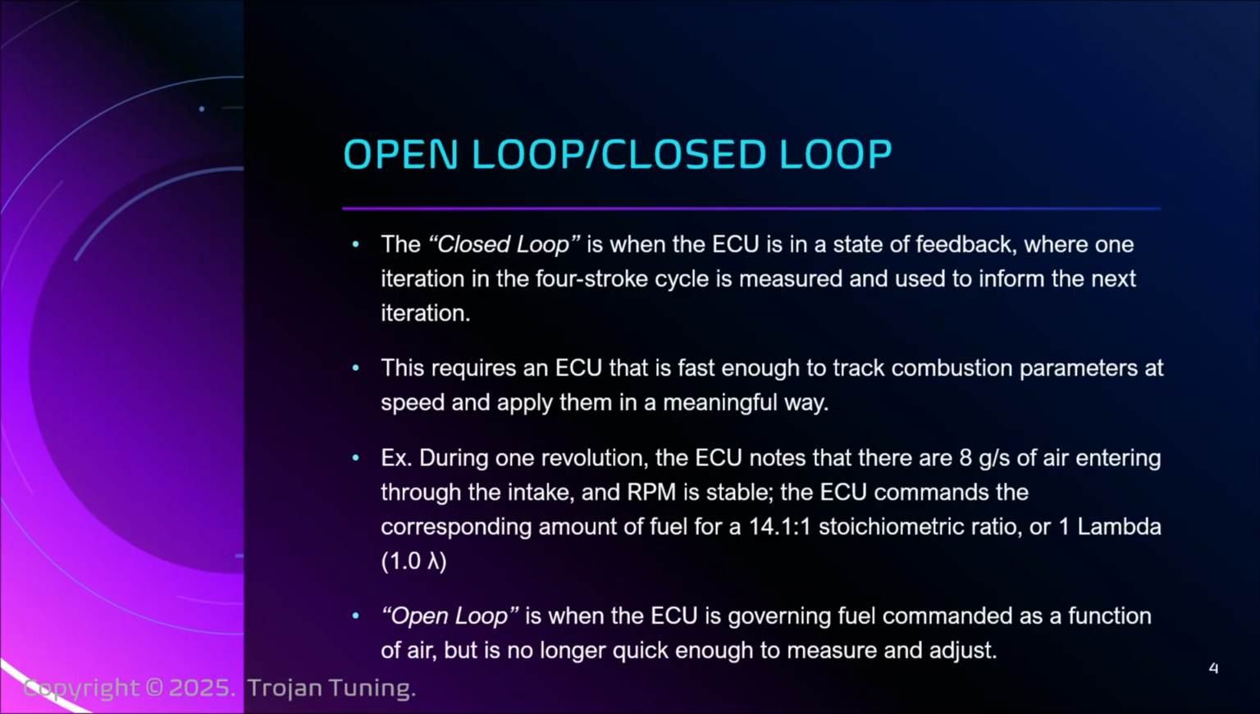Open loop is very different. This is when the ECU is still performing the calculation I just outlined, but it is no longer quick enough to do the measuring and adjusting. So there are factors here, right? The speed of the ECU is still a thing. When we go to wide open throttle and we're hitting RPMs of 3,500, 4,000, 5,500 RPM and up, that